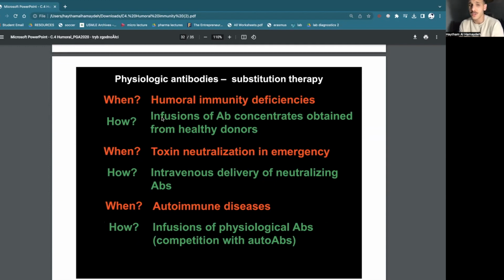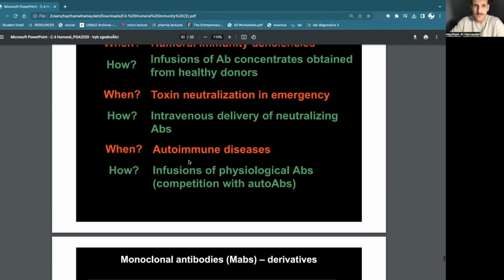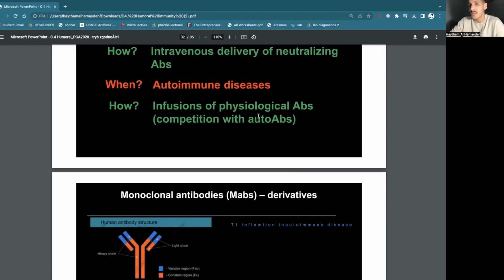In case of toxin neutralization in an emergency, like there's a toxin in the body and antibodies are not sufficient, we administer antibodies intravenously so that they neutralize that toxin. And in case of autoimmune diseases, we also infuse or administer antibodies, so that they can compete with the